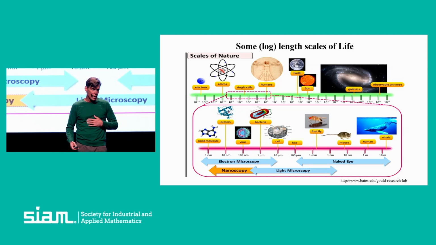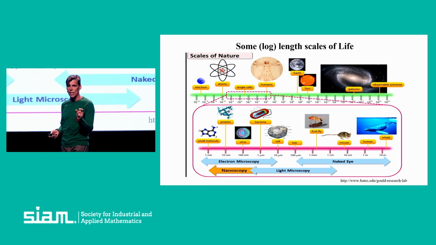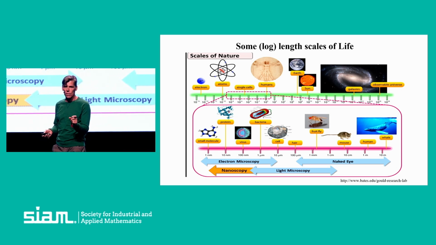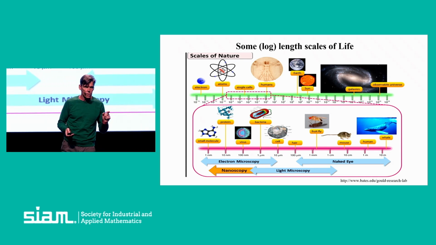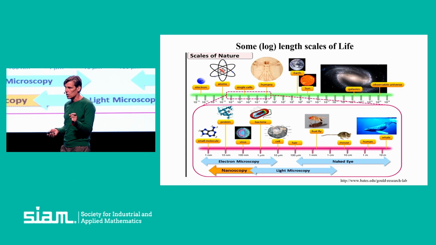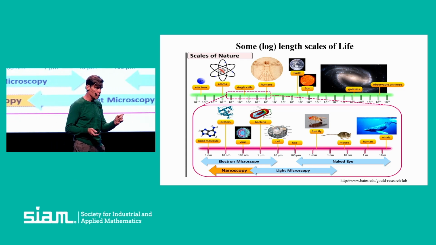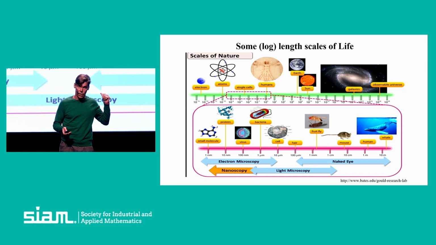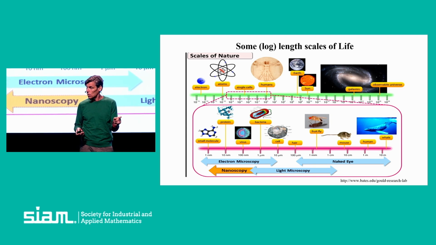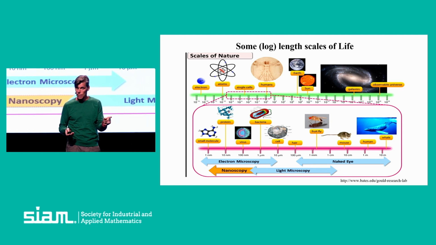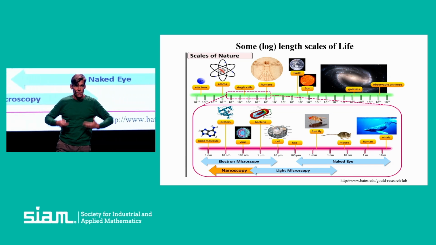And there are many different scales, of course. If you look at a human cell, it's tiny. It's around 10 to 50 micrometers. A bacterial cell is much smaller. It's 10 times smaller in length. That's 1,000 times smaller in volume. A viral particle, on the other hand, is 10 times smaller still. 1,000 times smaller still in volume. Okay? So, and then all of these living entities in our body,